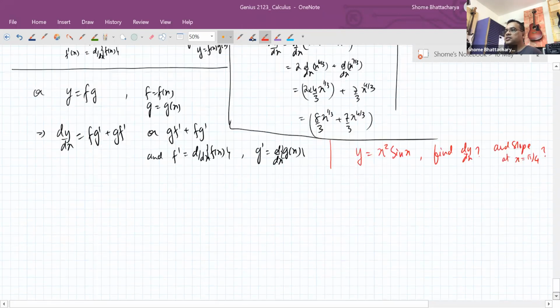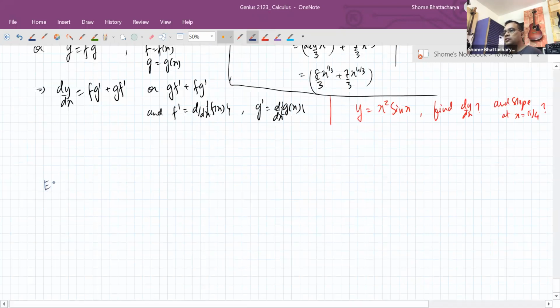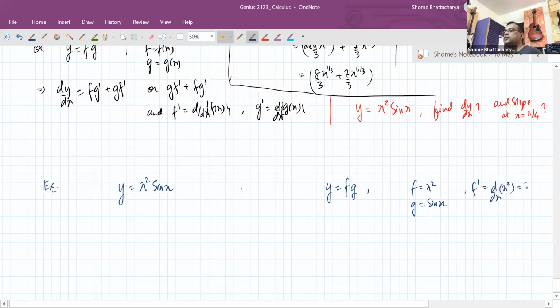So let's just apply this systematically over here. As you get used to all these properties and formulas, you can do a lot of direct calculation work also. But in the beginning, you should just be careful. So I'll just do this as a comparison. f into g, where f is x square and g is sin x. So f prime should be the derivative of x square, so that is 2x. And g prime should be the derivative of sin x, which by the formula we've learned today, I know is